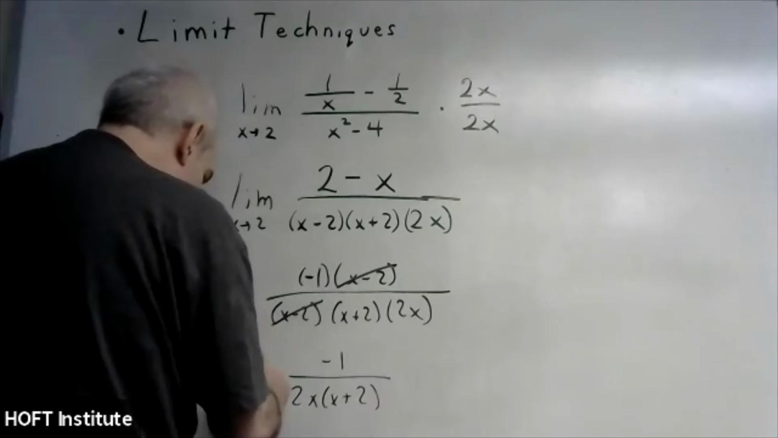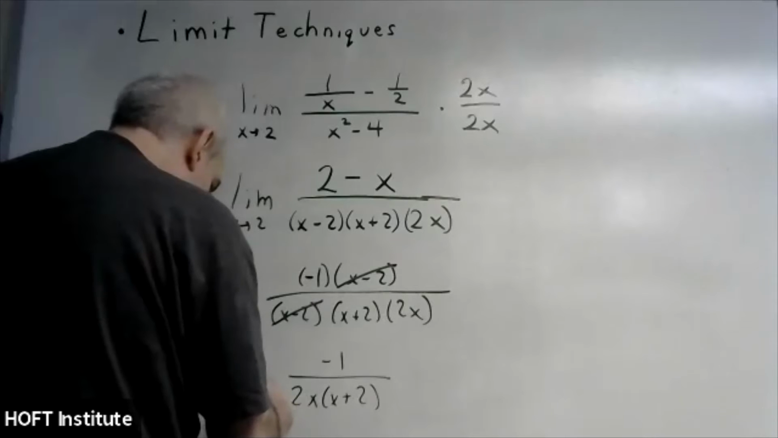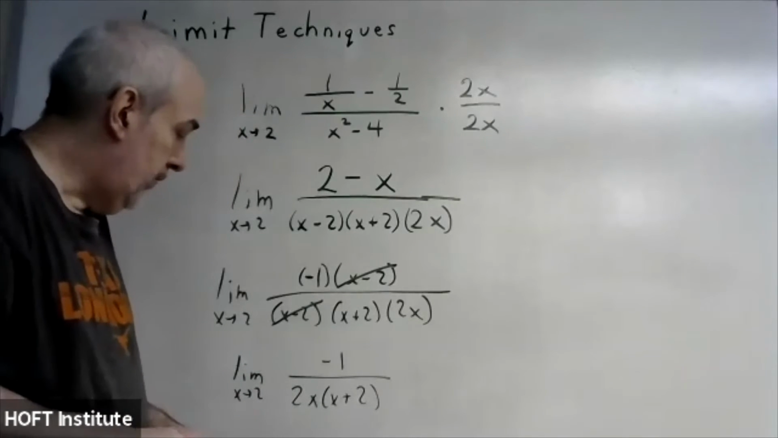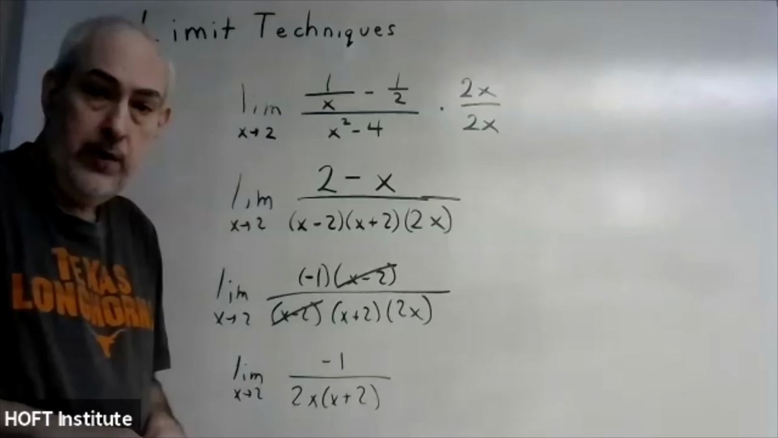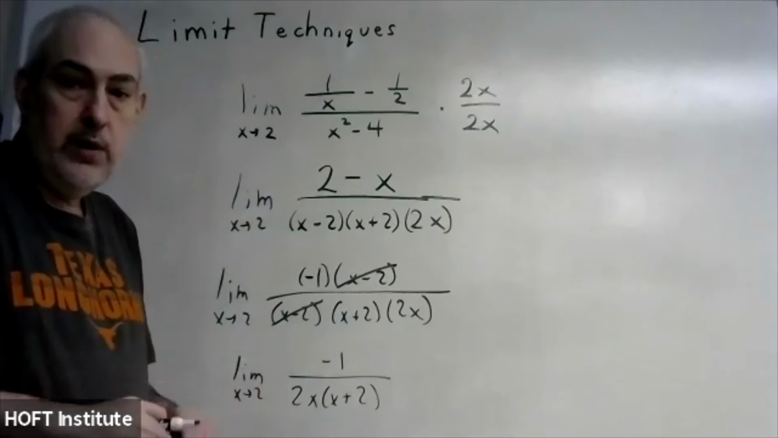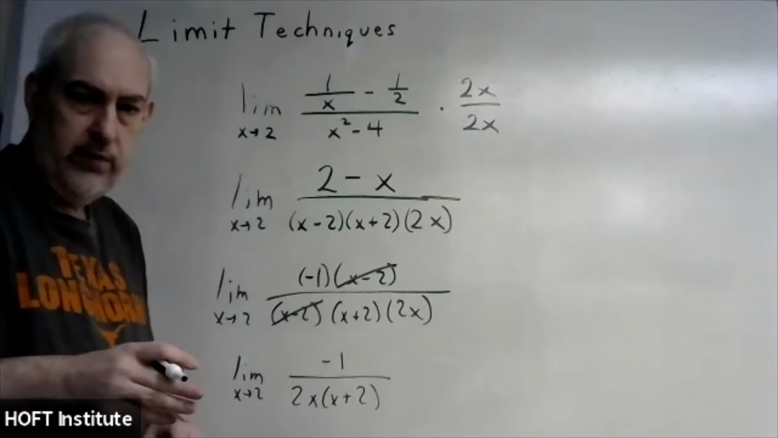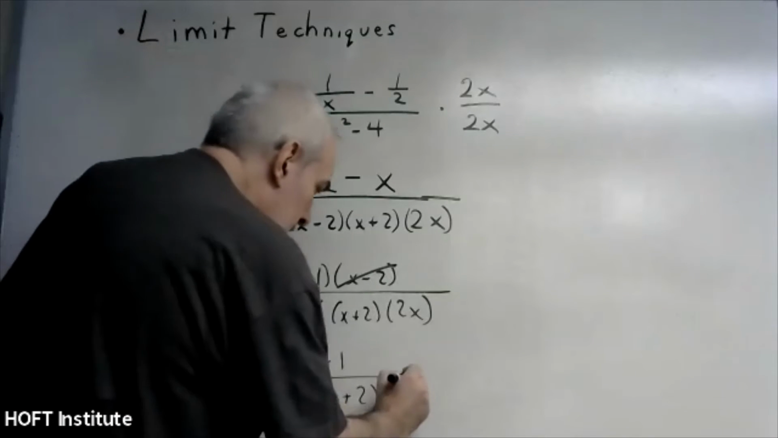Okay, and then canceling and cleaning it up, we get the limit as x approaches 2 of -1 over 2x times (x plus 2). Now we simply plug in 2 into that. The denominator would become 4 times 4 is 16. So minus 1/16